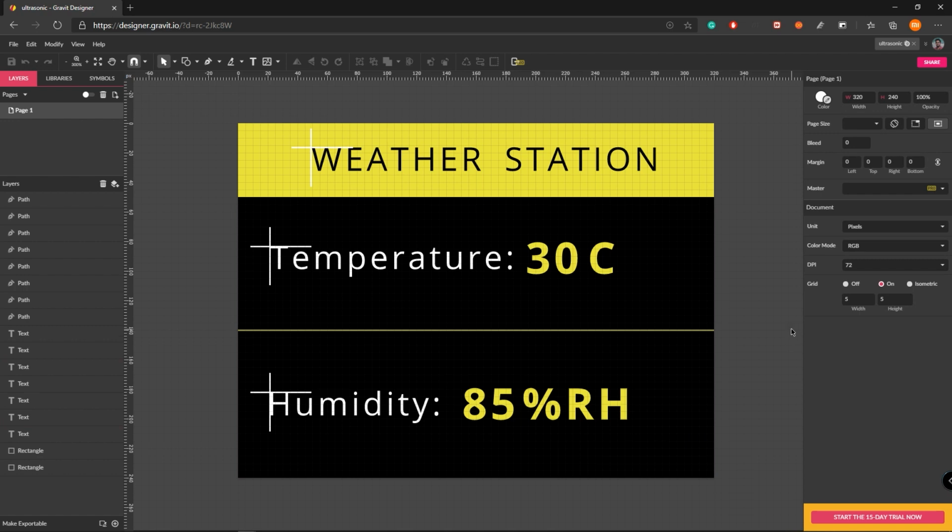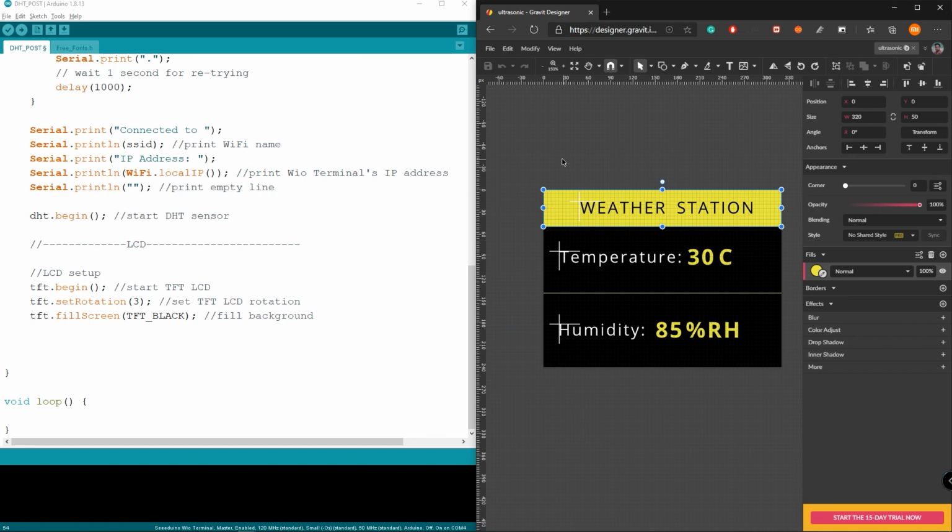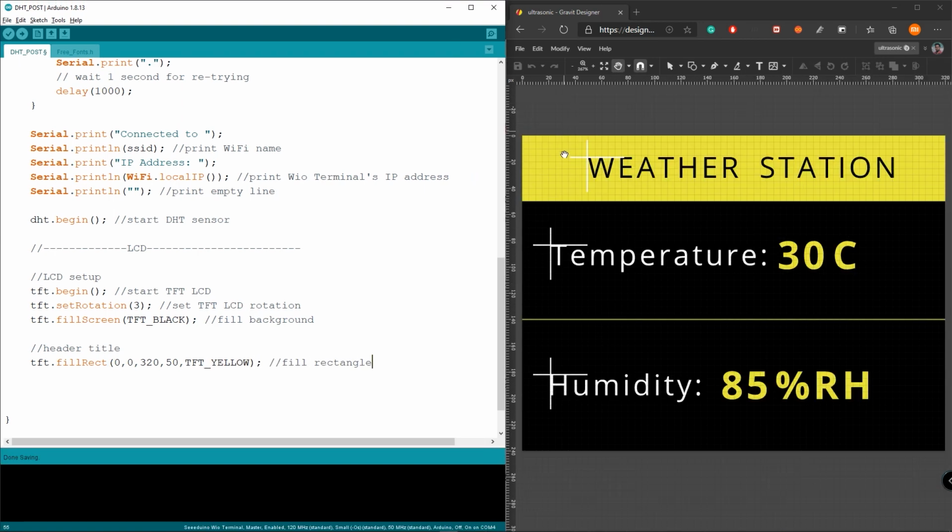So you can go back and check that video first, and I will also give a link in the video description down below. First, I will draw this rectangle. So to get the location, when you click on this rectangle, you can see the X and Y coordinates are 0 and the width is 320 and the height is 50. So we will fill this according to these coordinates. And the color will be yellow. Next, let's draw this text string, but before drawing, let's set the font.